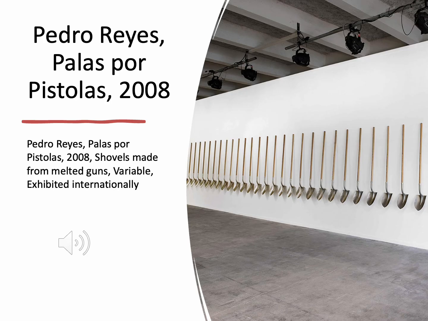These shovels were distributed to schools and civic groups to plant trees, transforming tools of death into tools of life. The project's title is a poetic reversal of the biblical swords into plowshares, adapted for contemporary Mexico. It carries a clear anti-war, anti-violence message aligned with broader Latin American traditions of art serving social good. Reyes's approach reflects Dada's legacy of transforming objects to challenge systems, except here, the transformation is literal and communal. Palas por Pistolas doesn't just symbolize hope, it plants it, one tree at a time, with every shovel a former